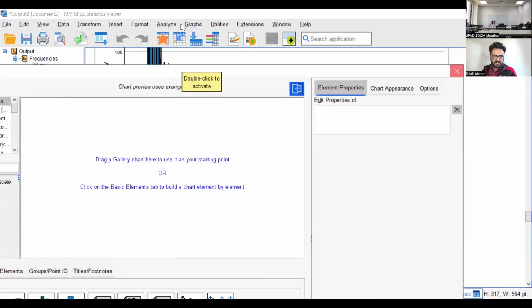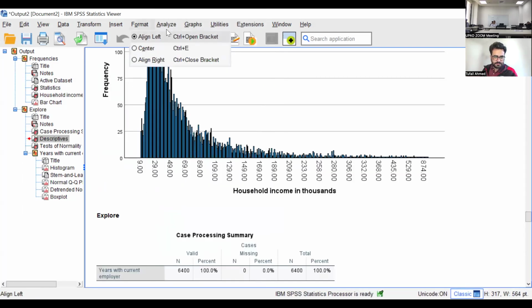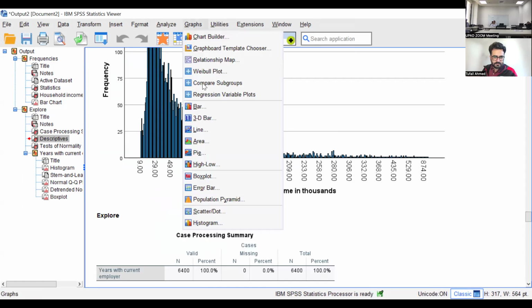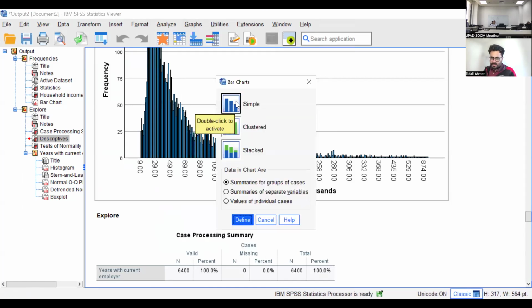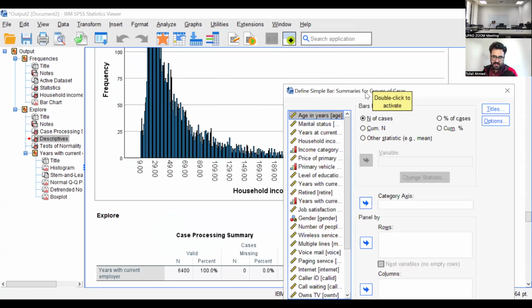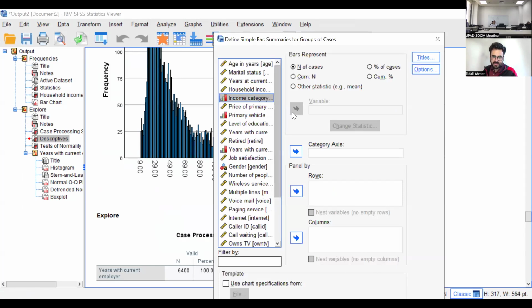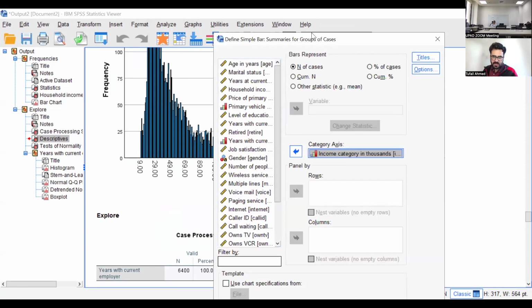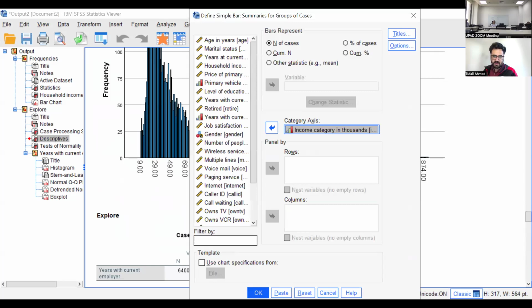I will do it the simpler way. If I want a bar chart, I will click bar chart, the simple chart. Let's say we want a bar chart of income categories. I will put income on the category axis and click OK.